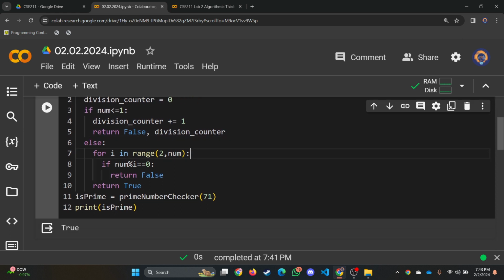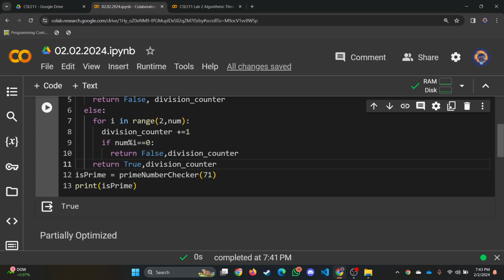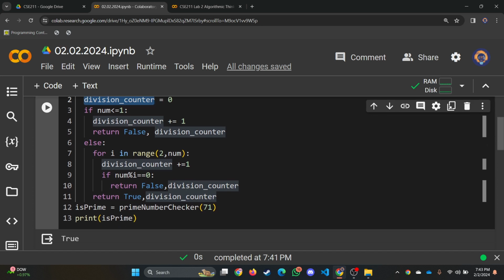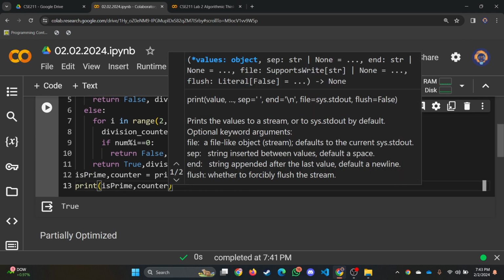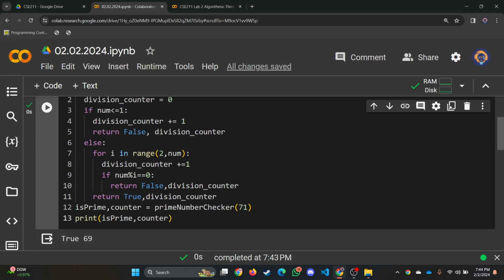Okay, and here inside the for loop, as many times as we go into the for loop, we can do division counter plus equal to 1, and while returning we will return false and division counter, and here true and division counter. So basically this division counter is going to calculate how many times our loop has run. As we are returning two things, we can print this counter while printing is prime. Now if we run our code for 71, we can see the whole code runs